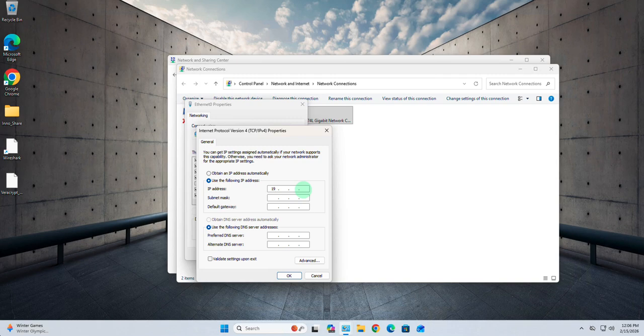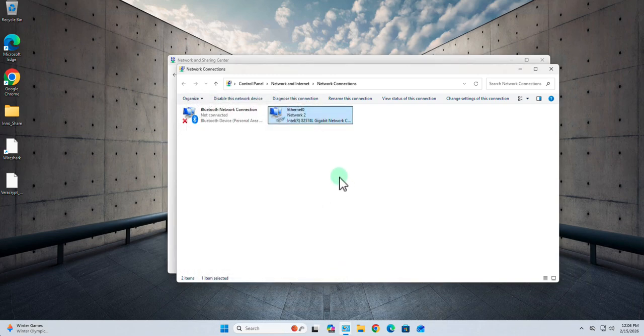So for instance, I'll say 192.168.1. Let's say 140. And then put in your subnet mask, and then your default gateway, 192.168.1.1. Same thing with DNS. You can just type in your DNS information here. 4.4.4.4 and 1.1.1.1. Then click OK, close,